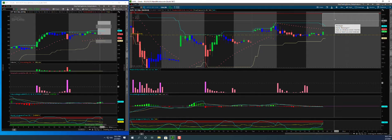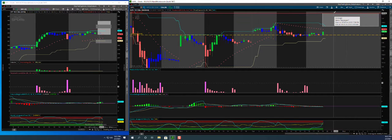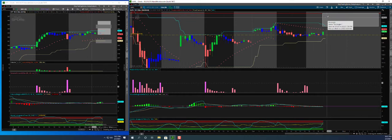Or with Apple, I may do just a standalone put, 70-75 delta with some decent time, just to try to catch this downfall. And I'll probably put a bracket around the order because I don't want to get caught where Apple has a nice short squeeze burst and ends up going much higher than this 137.5. So I would definitely put a bracket around that so that my risks are contained,